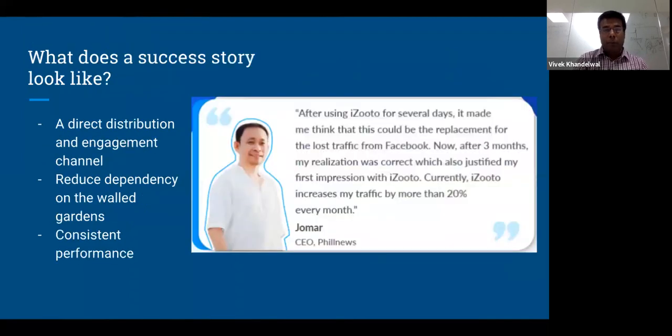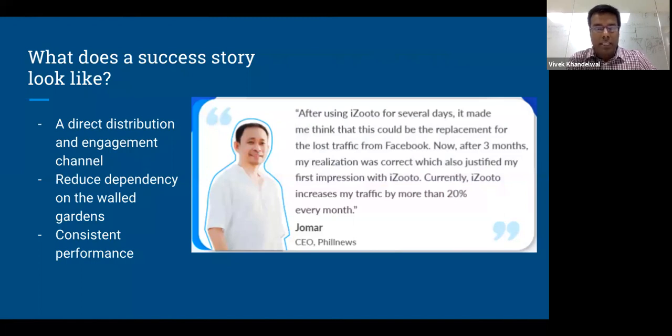What we have seen working for a fact is when the publisher takes ownership of their audience and is directly involved in crafting an engagement strategy. That is something we focus heavily on at iZooto with our publishers. We work with publishers across Southeast Asia specifically. For instance, this case study which we recently completed, wherein Jamar, who is CEO of Phil News,